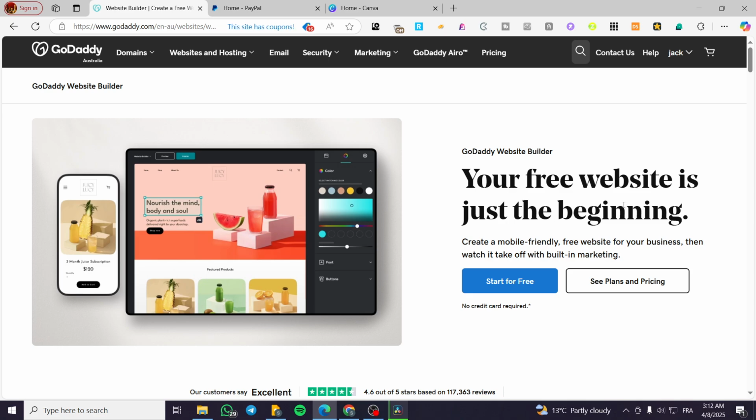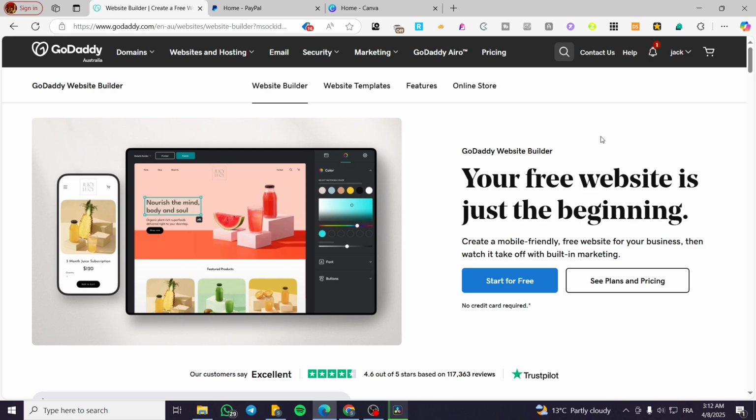How to add a button to GoDaddy website. Hello guys and welcome to this new tutorial. In today's video, I'm going to show you how easy and simple it is to add a button to your